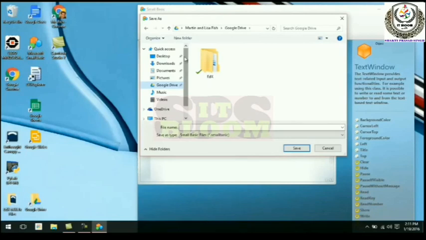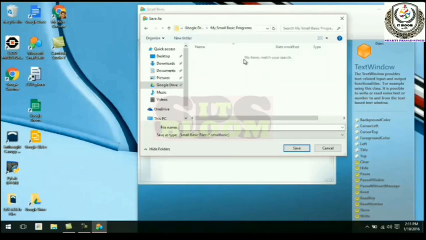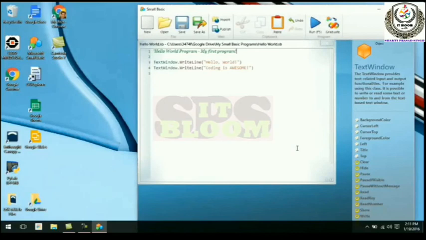For saving, click on save as. Then a dialog box will open. Create a new folder and write the name of that folder, my small basic program. Then double click to open it. Give the name of the Small Basic program file and click on save. Then it will be saved in that folder.